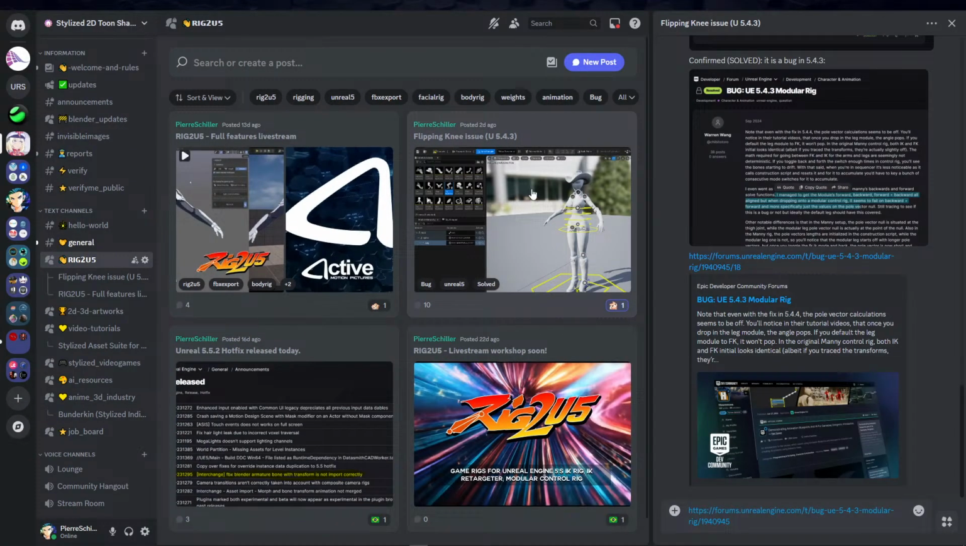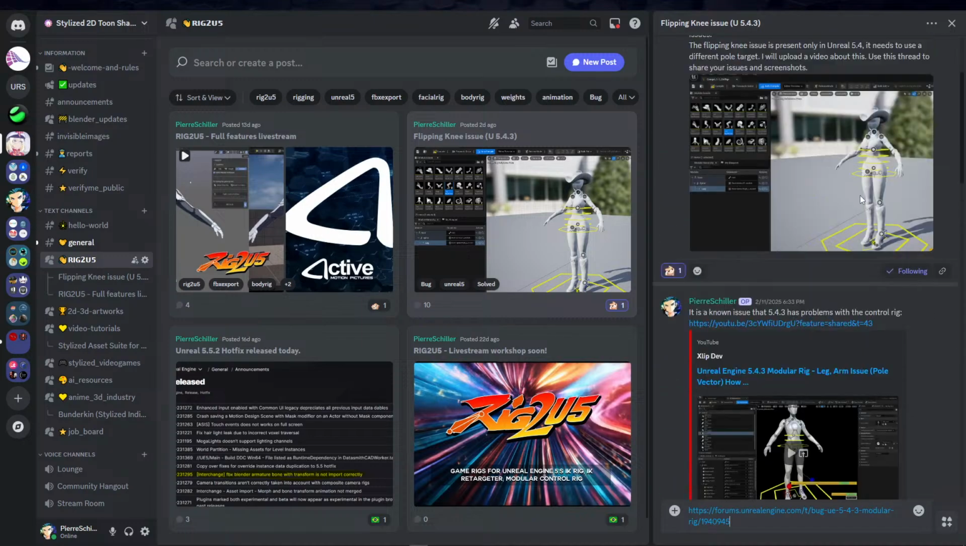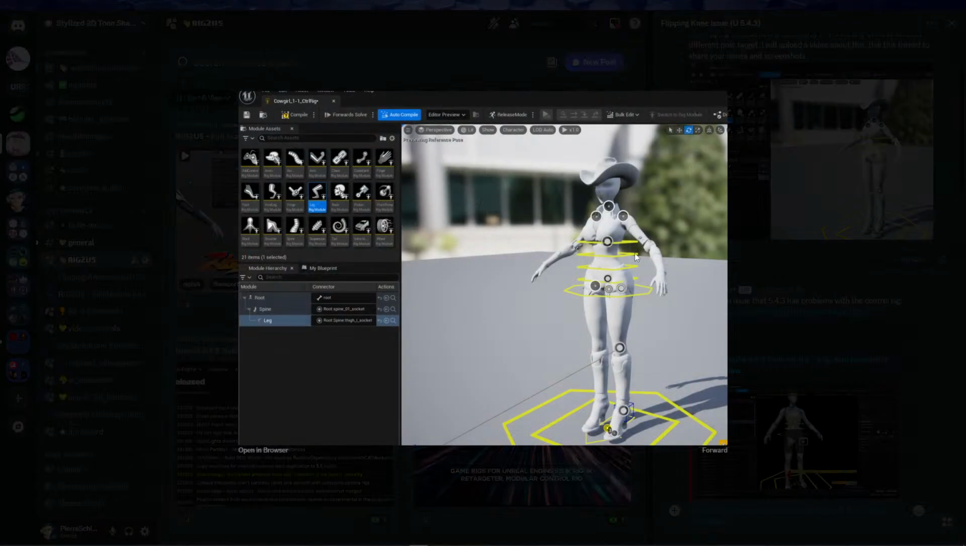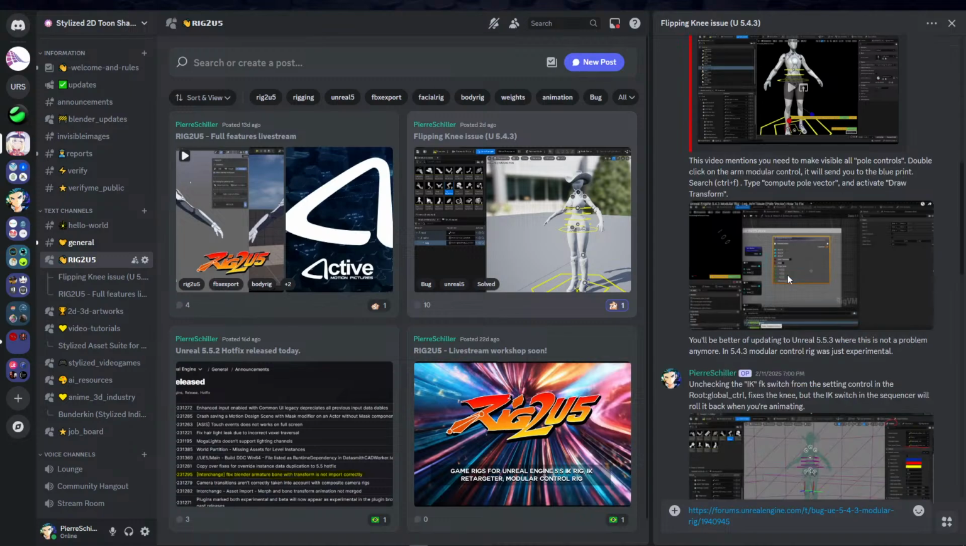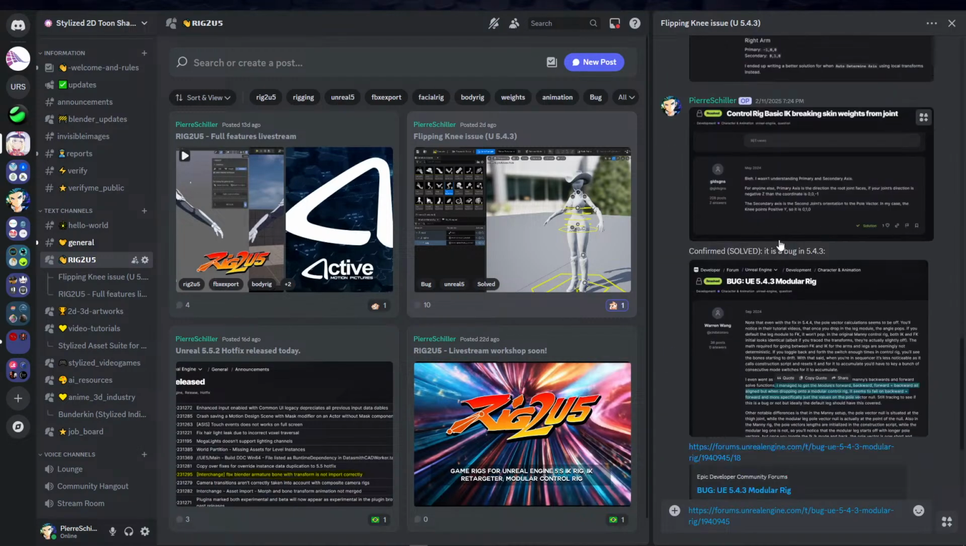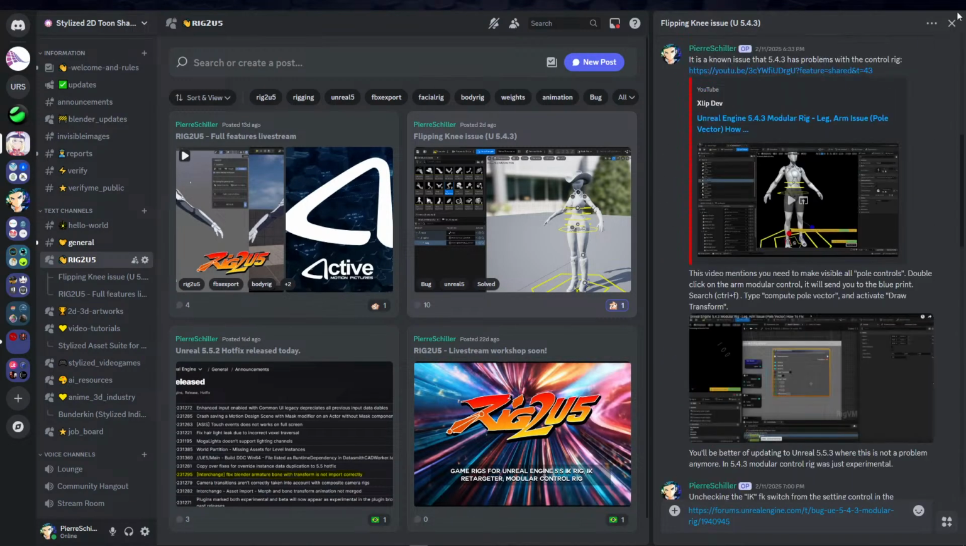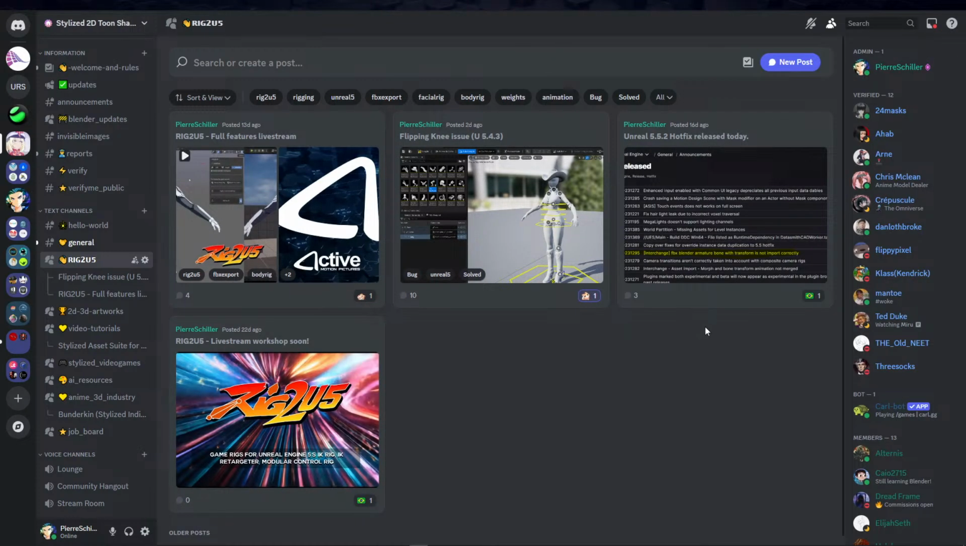For example, the other day someone asked me, hey, there is a problem with the knee, because every time I want to move the knee it flips. So what's going on? So I quickly moved into the Unreal Engine 5 boards and searched for a solution, and it happens that it is a known bug in 5.4.3. This is why we recommend you work with the 5.5.3 version. So here you can come and visit us and create a new post right here so that you can see